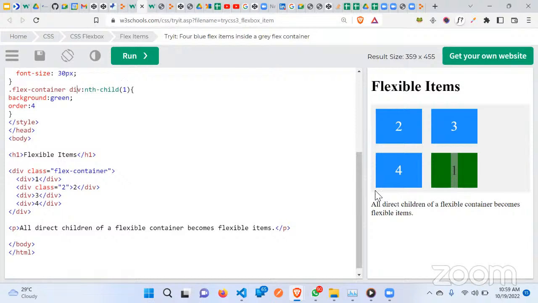So that's how. So this is the first thing. Now, if you are using the order, order will change the way in which the items are arranged in the flex container. It will change how it is being arranged. So for example, just like we did this now,